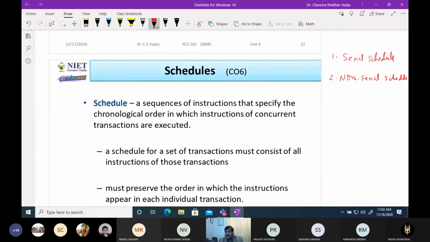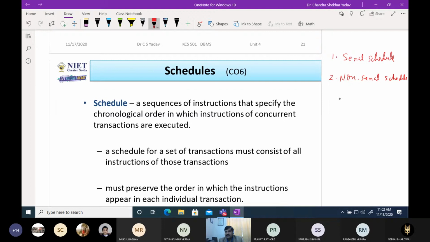If context switching is allowed, then that schedule is called a non-serial schedule, or interleaving of instructions. But in a serial schedule, without a break, we execute the instructions of the transactions. It means when we complete the execution of one transaction, only then can we start the execution of another transaction.